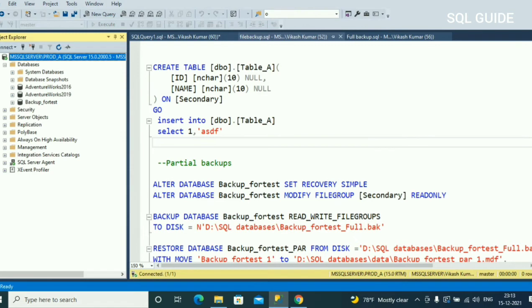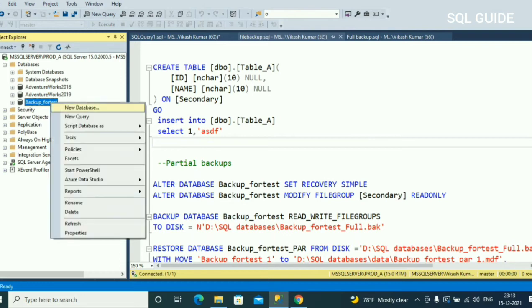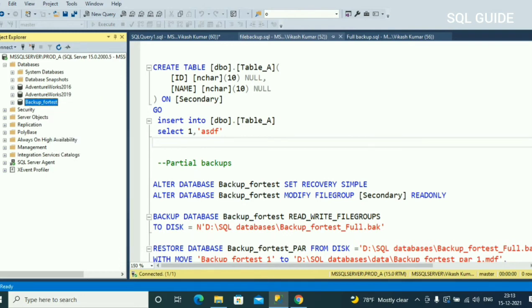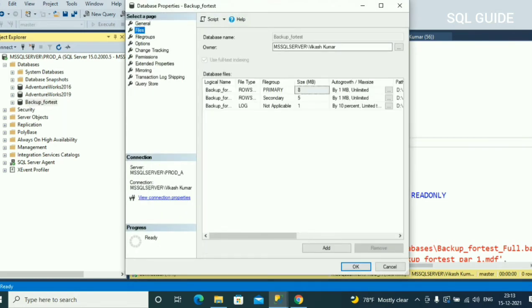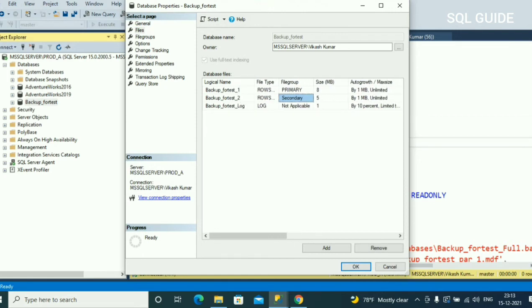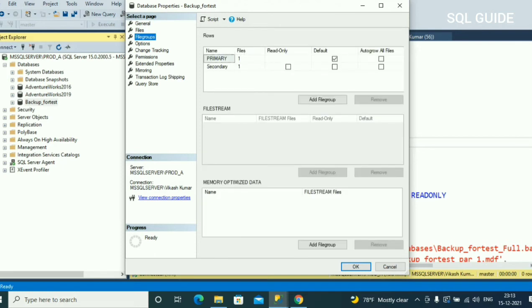I have this database, backup for test, and you can see files. I have a secondary file also here. And file group, you can see I have a secondary file group.